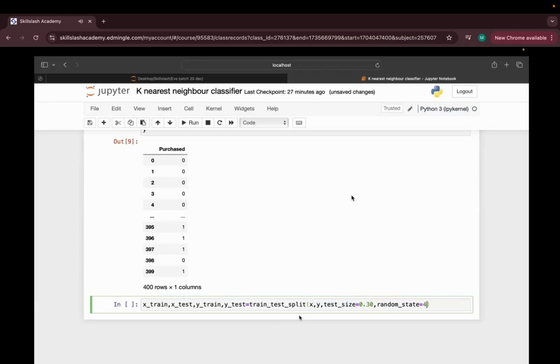That will help us to fix the randomness of this train test split. Okay. Till here, are we good? Just let me know, okay?